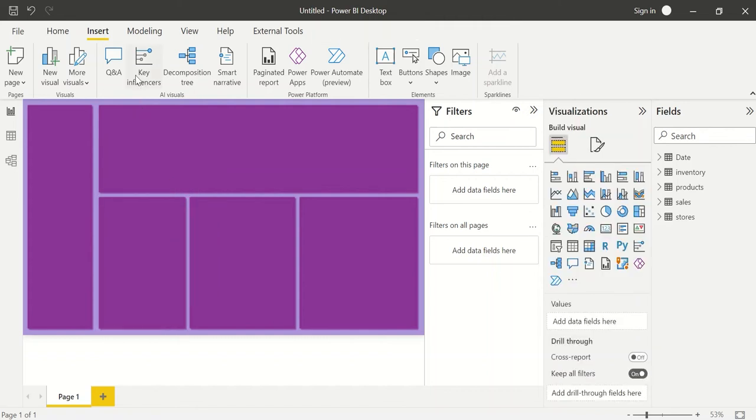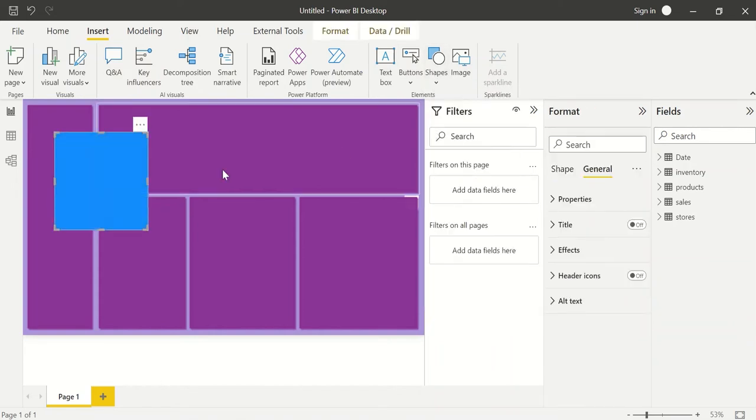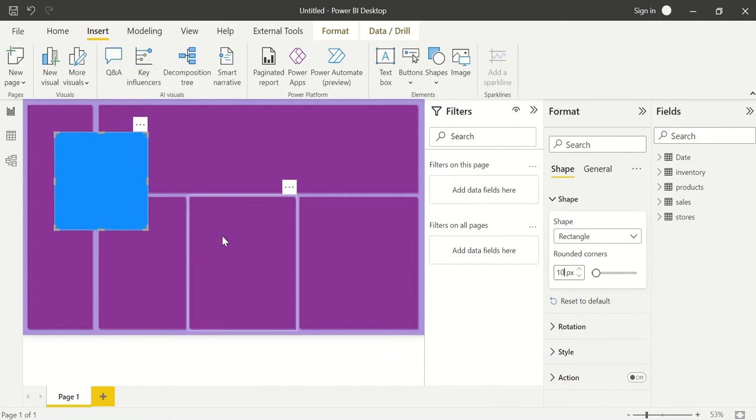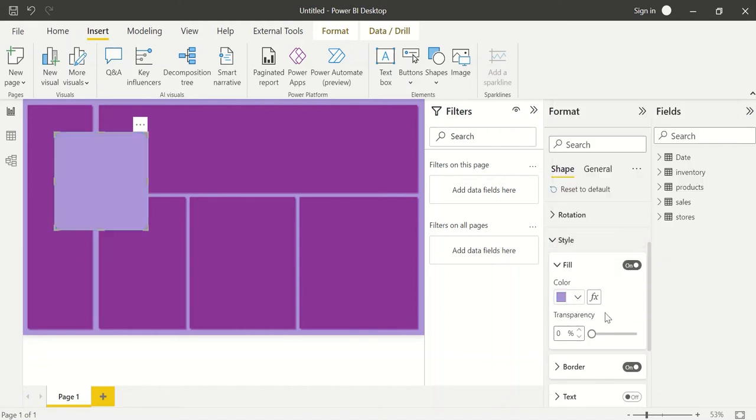Let's just delete this. I'll again insert the shape of rectangle, right? This shape should be rectangle but with the rounded corners. Let's say rounded is 10px. That is good for me. Rotation is fine. Styling part, again I want to have light purple color, right? If I make it this side,